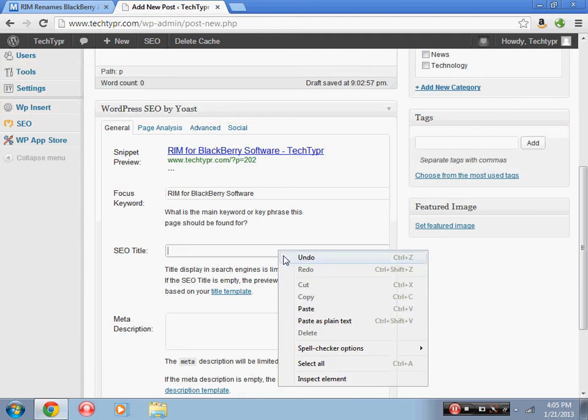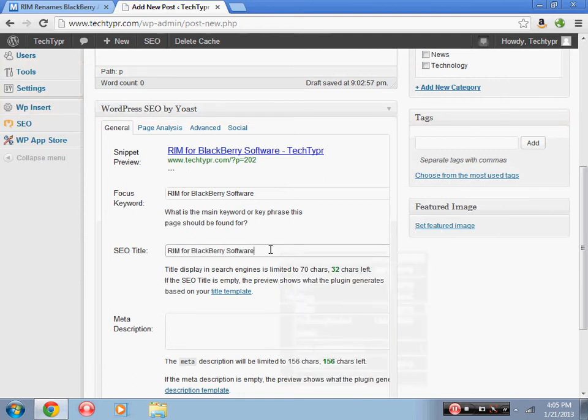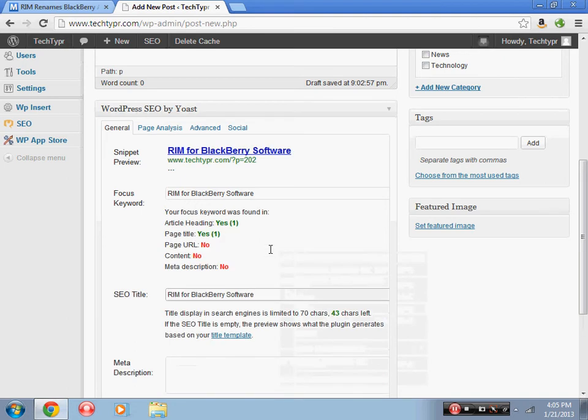So we're just gonna kind of copy and paste that back into there, and we're gonna put in RIM for BlackBerry software, app market update. App market, how about we do name change? Okay, and I'm just gonna do this and then put in my text blog,